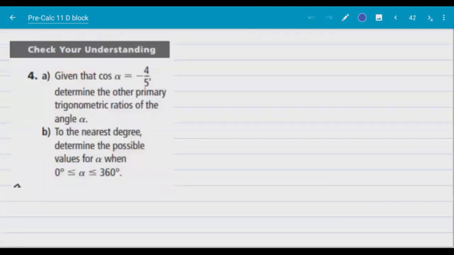Next one. Given that cosine alpha is equal to negative 4/5, and where is cosine negative? It is in quadrants 2 and 3. Determine the other primary trig ratios of the angle alpha. And to the nearest degree, determine the possible values for alpha when alpha is between 0 and 360. Okay, here we go. So once again, since cosine of alpha is negative 4/5,